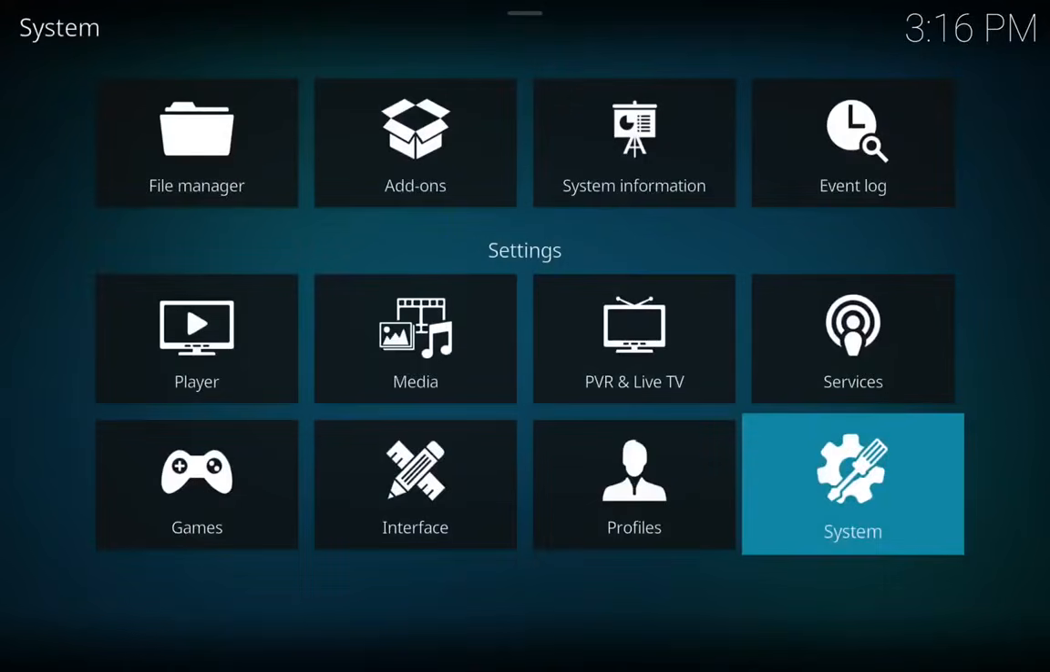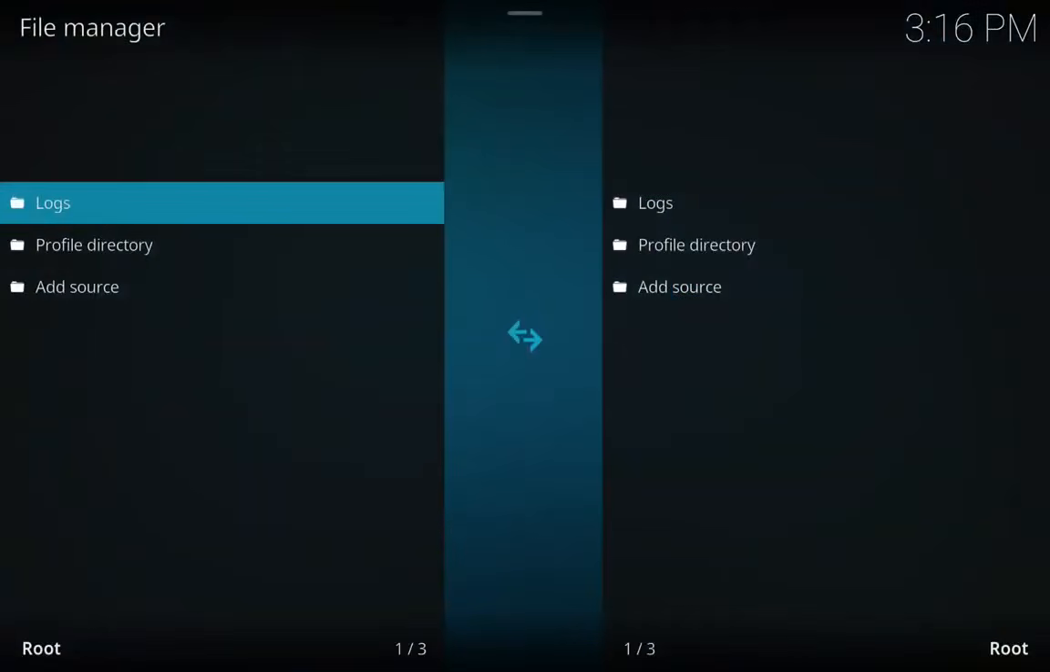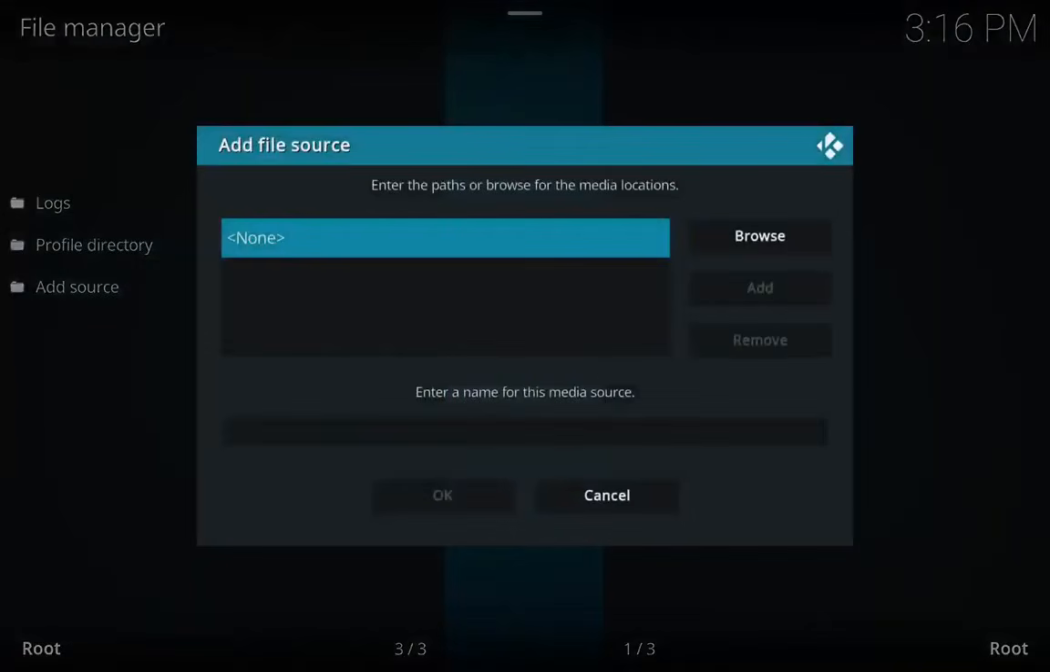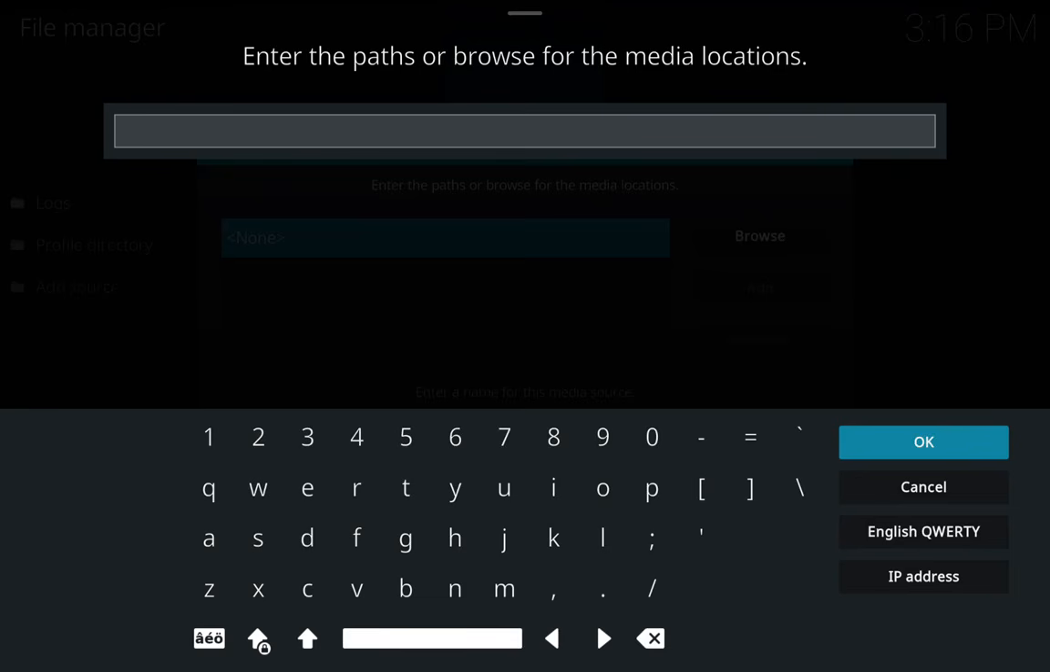and then once you get here, click on file manager, and then on the file manager menu, click on add source. Once you get here, make sure you enter this URL the way it is. This will enable you to have this build on your device. Click on none. Then enter this http